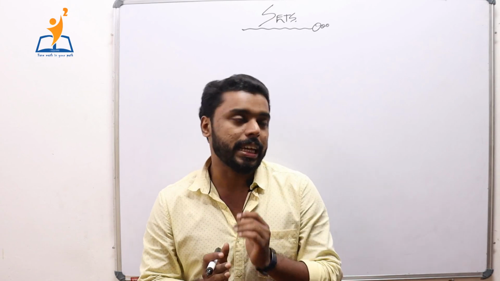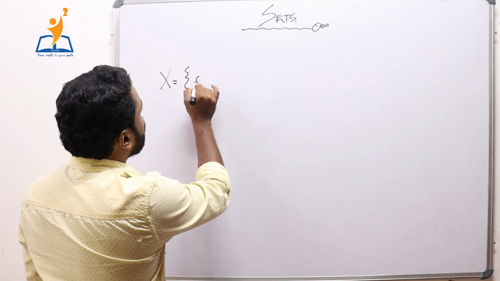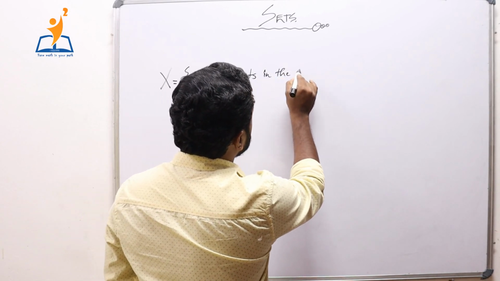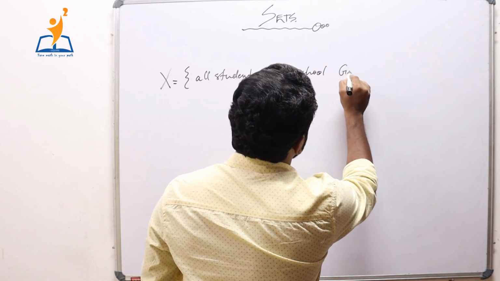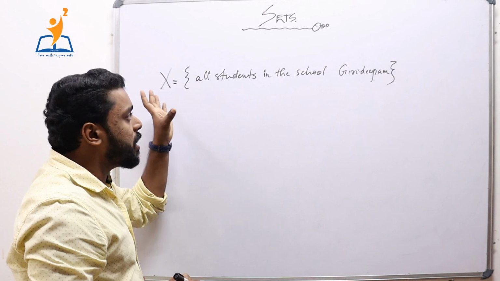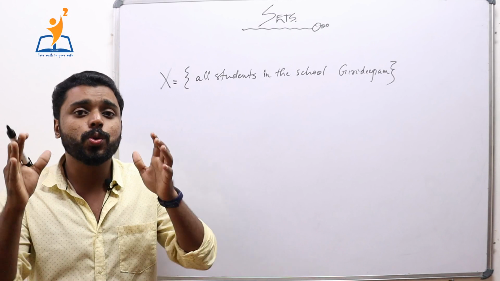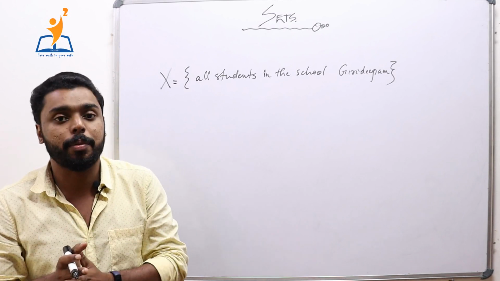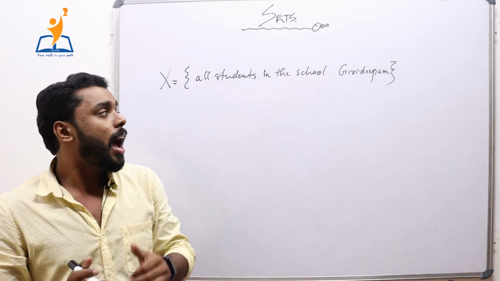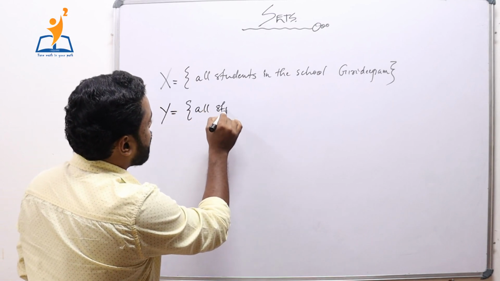Suppose that, let me consider two sets at the beginning. Suppose that capital X be the set of all students in the school Giridipam. So capital X is nothing but the set of all students in the school Giridipam, which means that X contains the set of all students who study in Giridipam in the current academic year. Let me be specific about that set. Let it be in the current academic year, and let Y be the set of all students